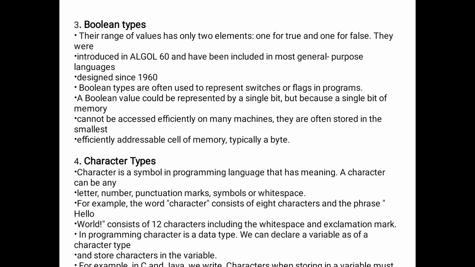In programming, character is a data type. We can declare a variable as of a character type and store characters in the variable. For example, in C and Java, we write characters when storing in a variable must